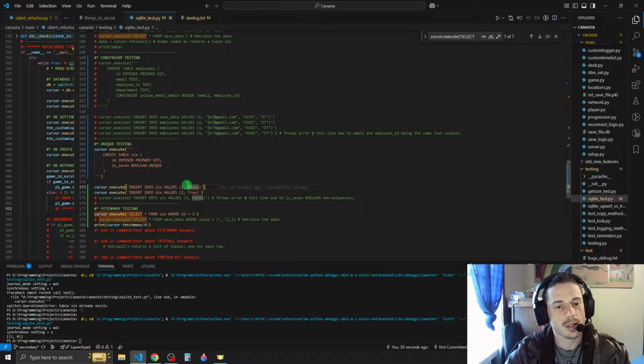So this inserts into 6 value, select all from 6 where ID is equal to 1. So it grabs this one, and then it returns 0 because that is the rest of the